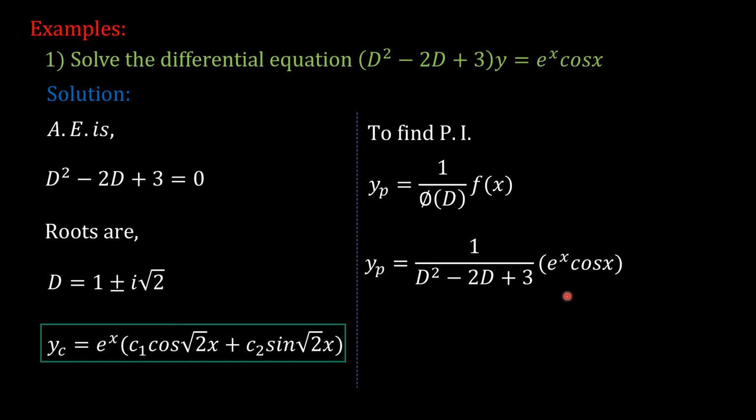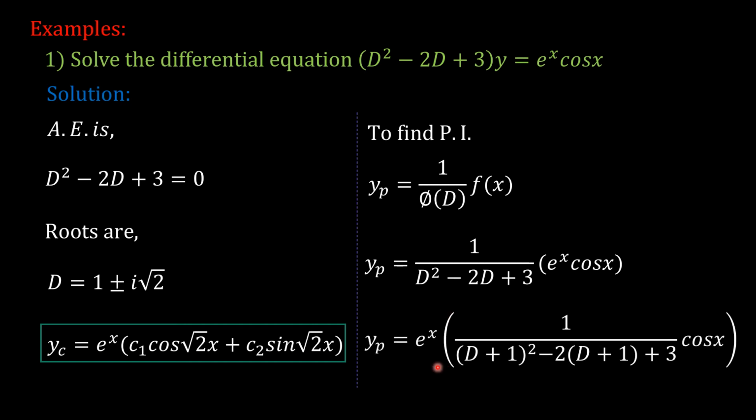So if we wish to apply that rule, what we are supposed to do? We have to take this e raised to x to the left hand side of this operator, and while doing so, we have to replace this D by D plus the coefficient of x in the exponential function. In this case, here it is 1. So we will replace D by D plus 1. Therefore, the yp will become now, see, we have taken e raised to x to the left hand side and we have replaced each of these D by D plus 1. Now simplify this expression further, which gives us